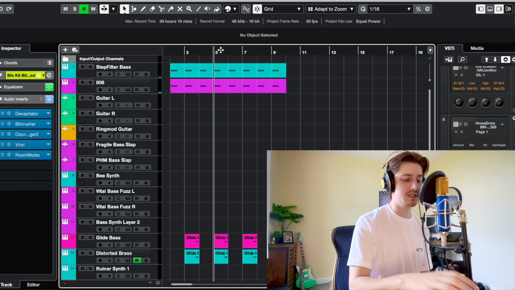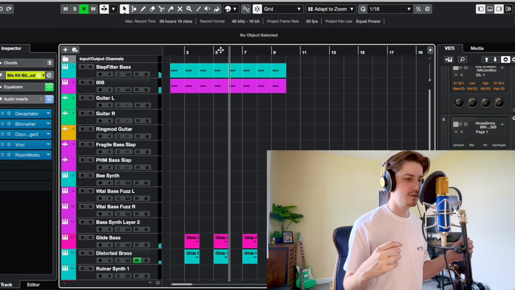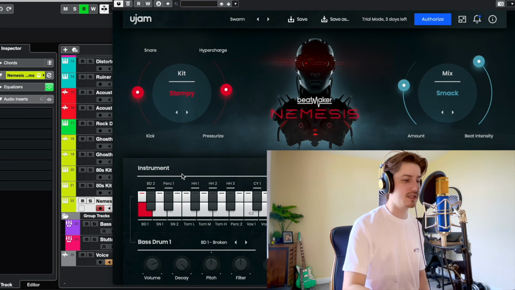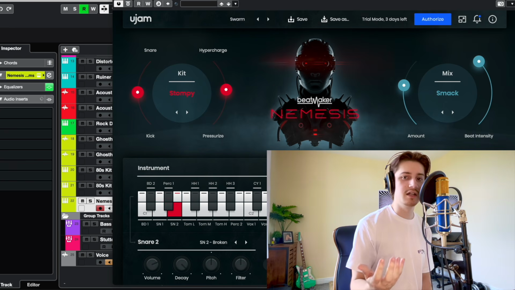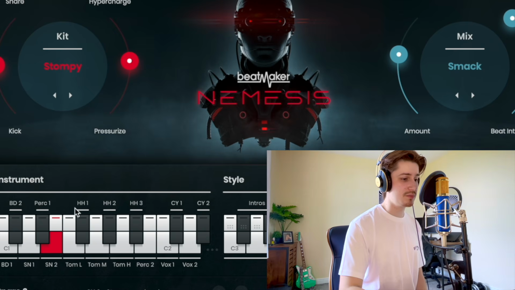You know, even after all those synths, it's still a very sparse intro. There's a lot of space here that we can fill. So the next thing we're going to add is this Nemesis drum kit. If you've been keeping up with these videos, you know I love this thing. It's just a few sounds, but it's so heavy and I love it, especially for this kind of style. And I'm using this kit in Nemesis called Stompy because it sounds